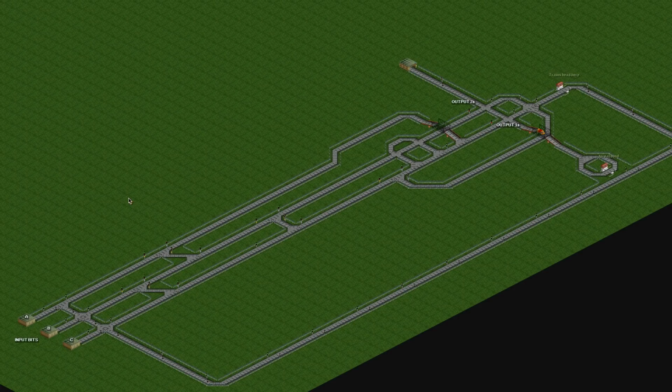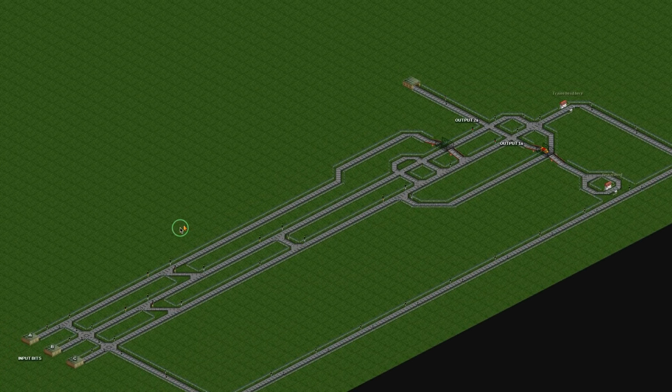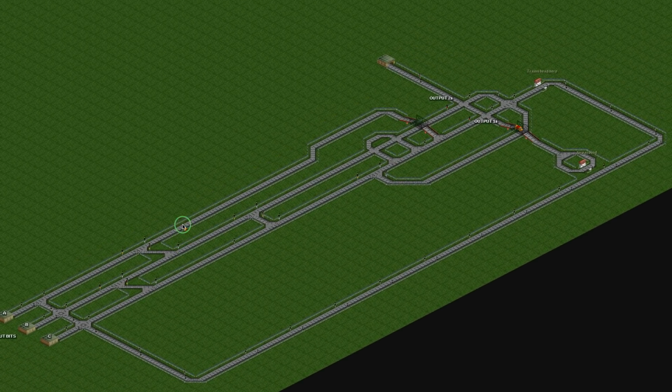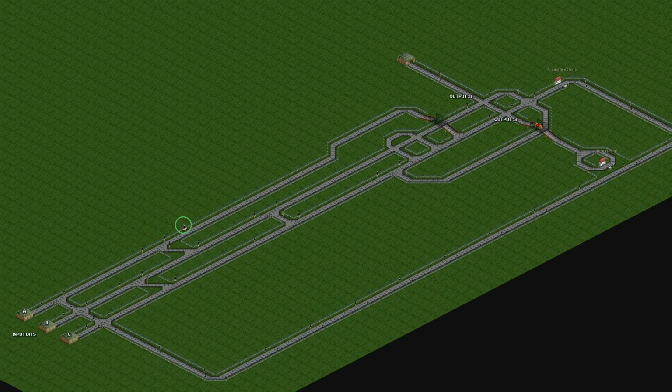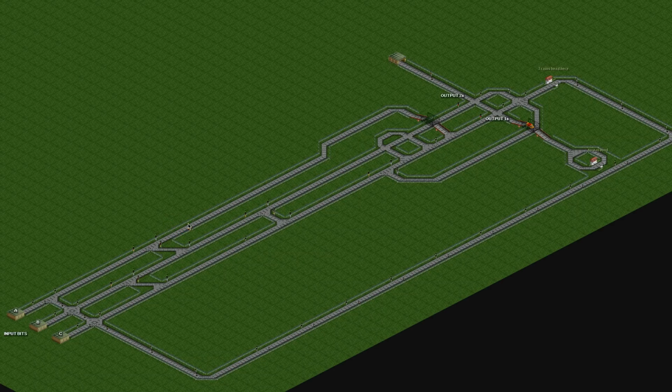A few months ago, at the start of the year, I demoed this, which was a binary adder using trains in OpenTTD Deluxe, which is a freely available and open source game based on a game released in the 90s called Transport Tycoon Deluxe. Basically, this video was just a demonstration of how, using nothing but a bit of track design, you could get a system which would count the number of trains that were passing down the tracks